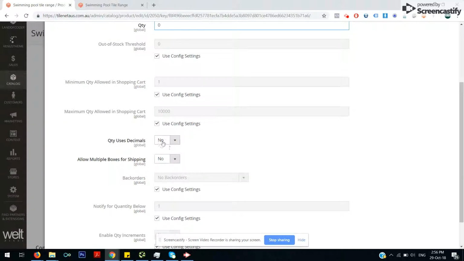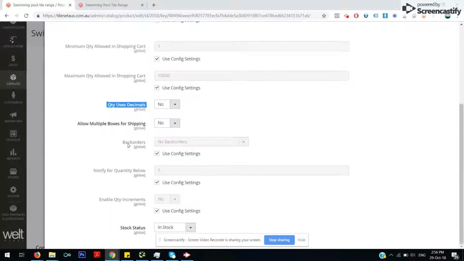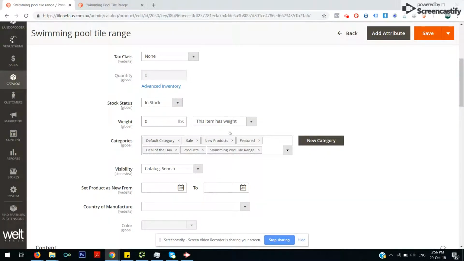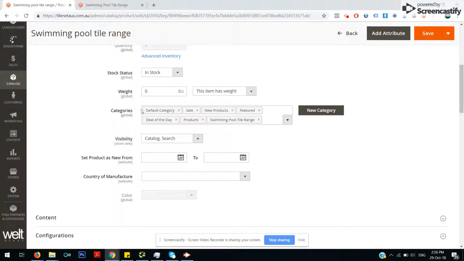Put the quantities, choose the information, quantities used as decimals. All that can be managed from over here. If you want the quantity to be like 20 products, you can add 20 products, and when anyone buys a product from you, it will take it off from the quantity, from the stock. Here you put the weight of the product, and over here the categories, the default categories, which is the shop